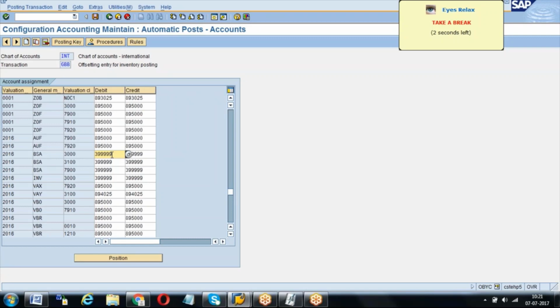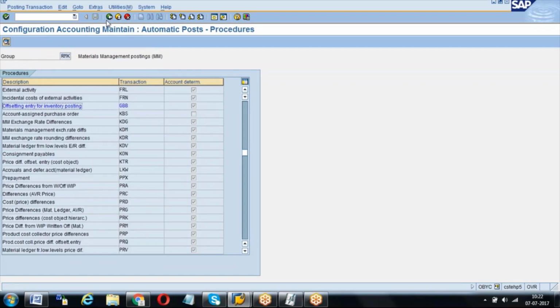Okay, and there will always be integration meetings within our consultants. Then you will raise points like, yeah, we had discussions, we came to know they have scrapping, they have sampling, they have initial stock upload, and all those things we will have as a point, and FI also will have, but we talk in terms of stock. Okay, consignment stock, subcontracting stock, sampling issues, scrapping issues, cost center issues, like that. But FI people will talk in the language of expenses. Okay, different expenses, that is their language, and both should be in sync. Then they will give a GL account, then we maintain the OBYC.